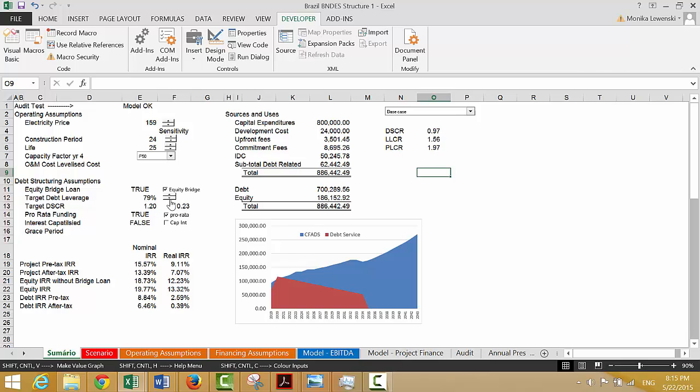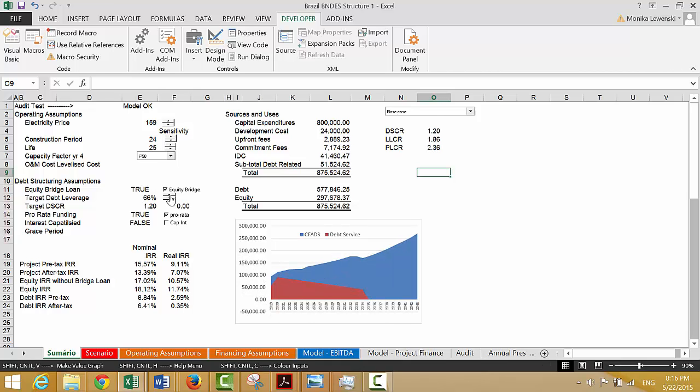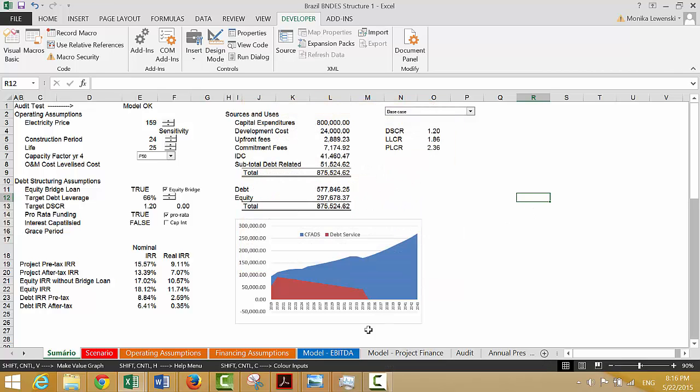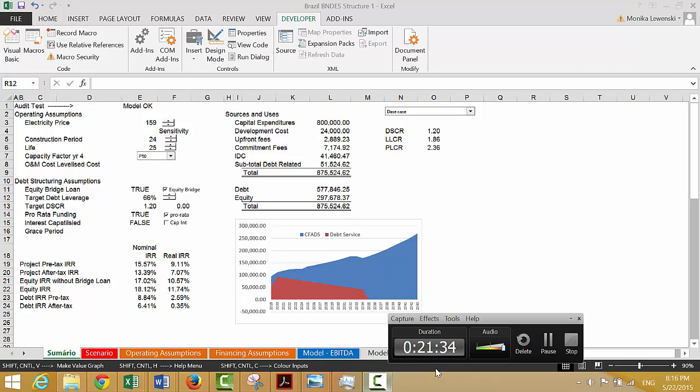Okay, and I'm just putting it back to our original case. And you know that we couldn't have done any of this without that really elaborate function and macro that took a long time to do. So that's the end of our